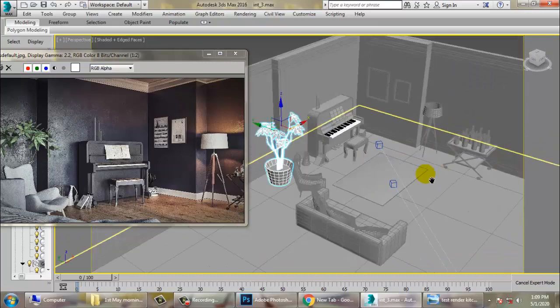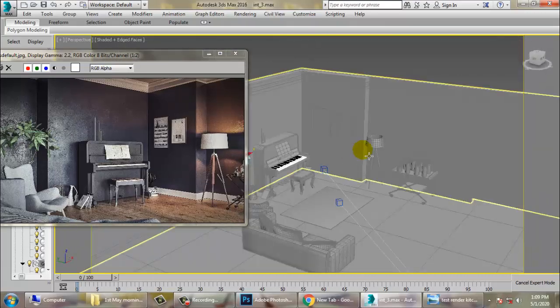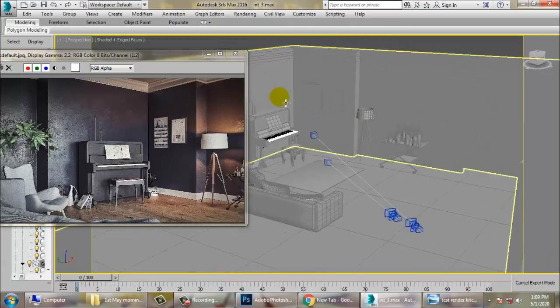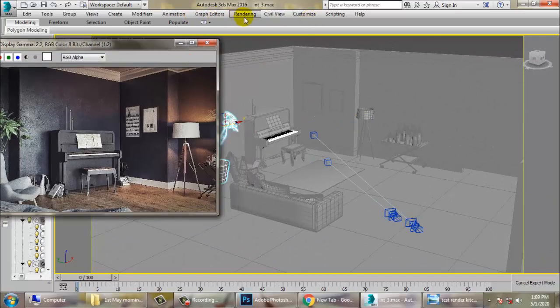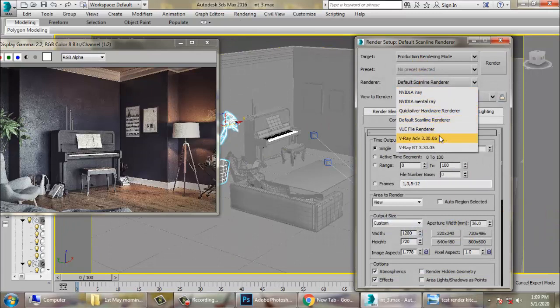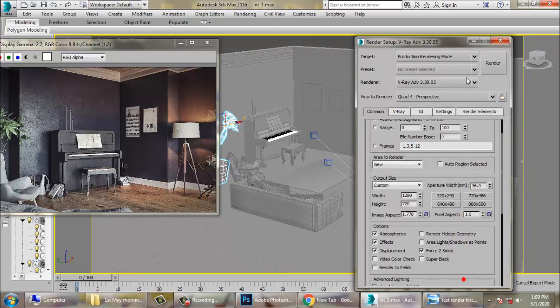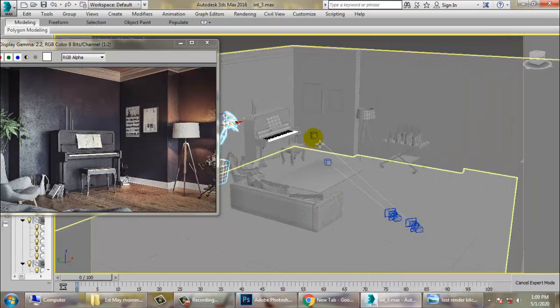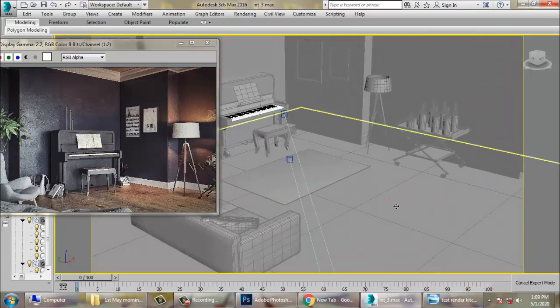Before we start with the texturing part, let's go into render setup, and set this up as V-Ray. After you're done with it, let's start first with the floor texture.